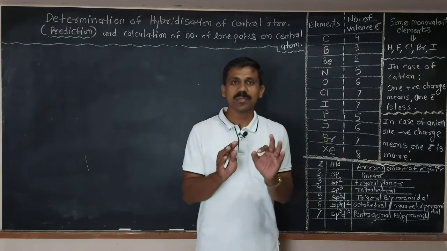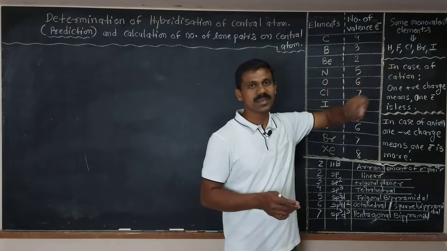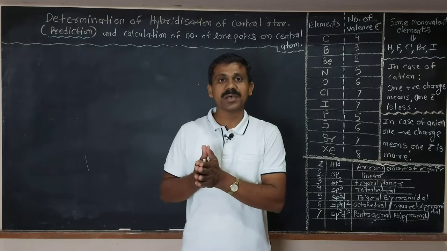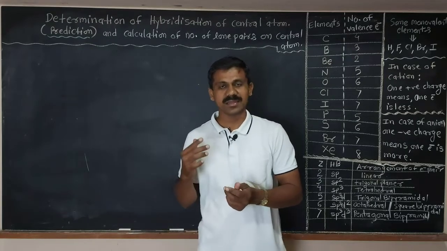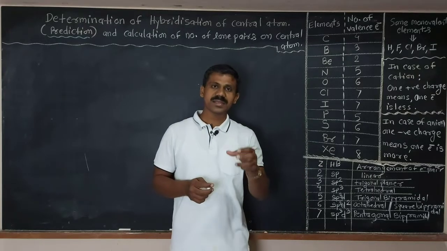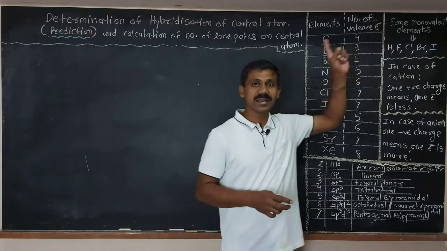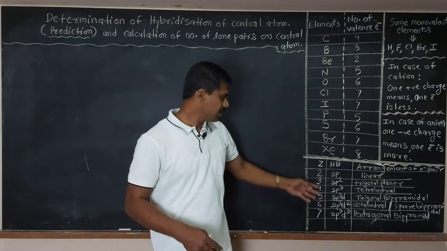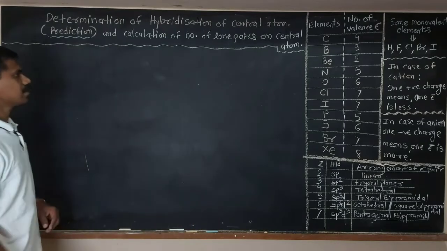Then some more monovalent elements, whose valence is 1: they are hydrogen, fluorine, chlorine, bromine, iodine. See here, alkali metals, the first group elements, also have valency 1, but these metals are not considered during hybridization because they form ionic bonds. We can deal with the hybridization concept for covalent bonding. That's why we are not taking the alkali metals here. Clear? The last one, we will see in the next session, which means after some minutes.